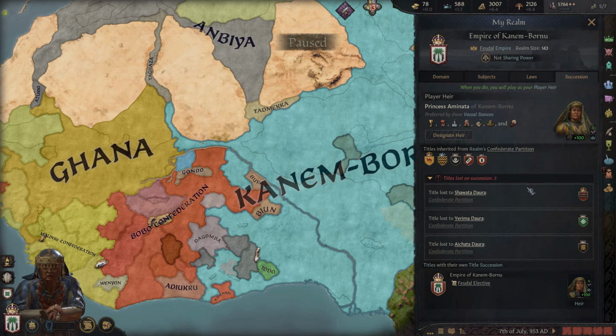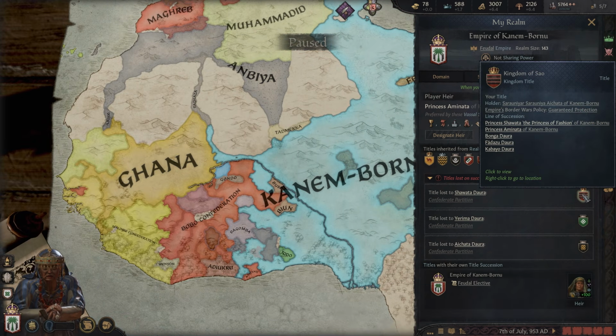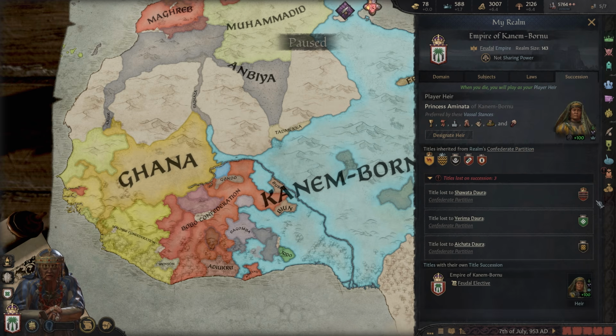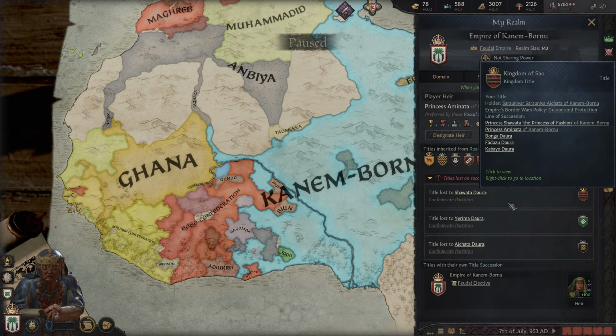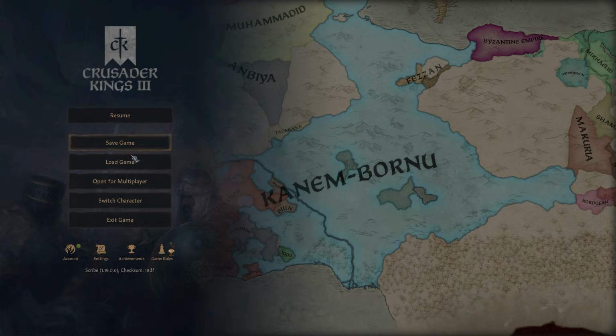Anyway, so yeah, this is how succession would now look for us. Interestingly, she doesn't inherit extra counties. She only inherits the kingdom in this case, and no counties along with it. So in theory, she was just going to be given a random county from somebody who already has one in there. It's a little odd. Yeah. But I think that this is still working exactly as it would with Confederate partition. It's just that this title is moved off to the side. So I don't think this necessarily helps us too much there.